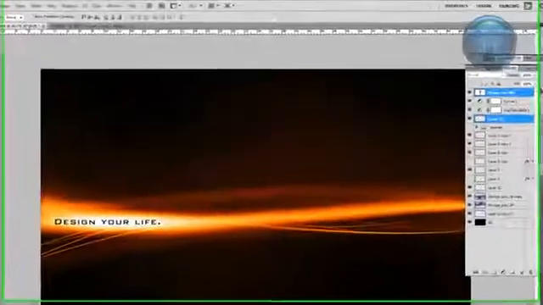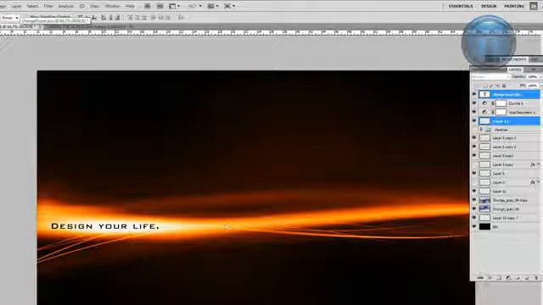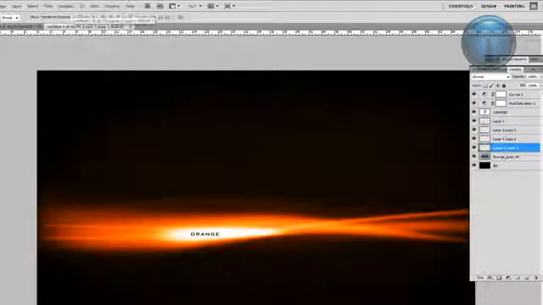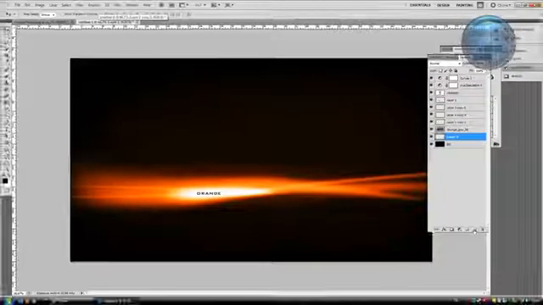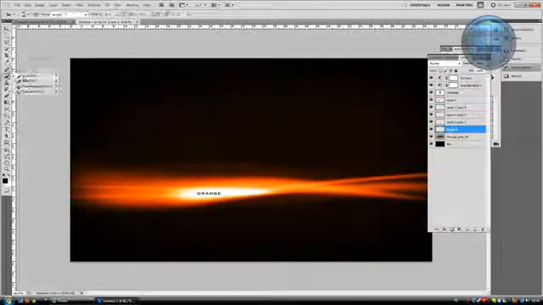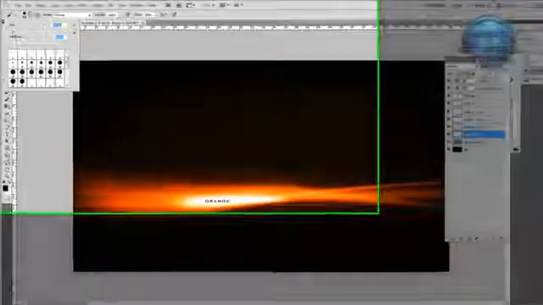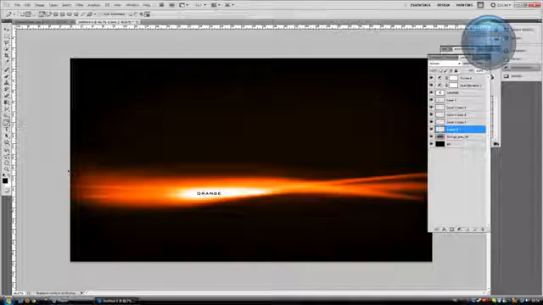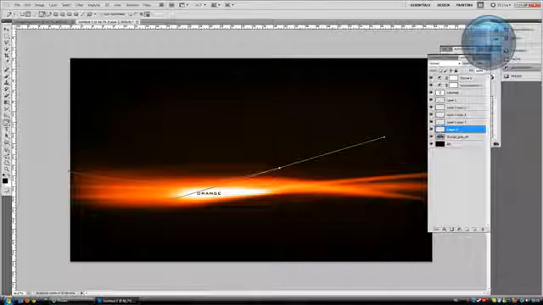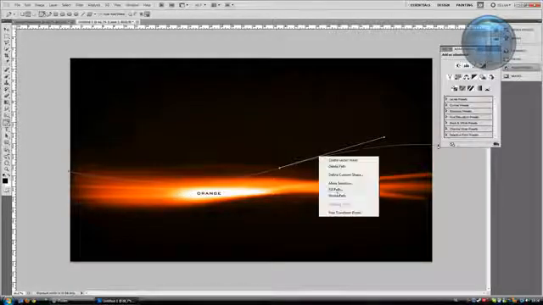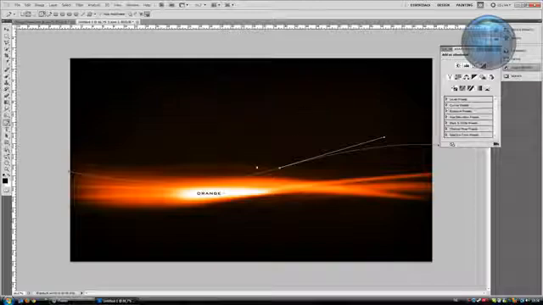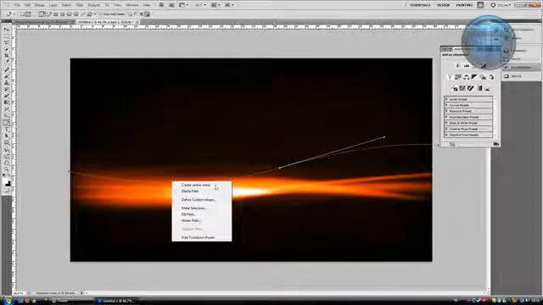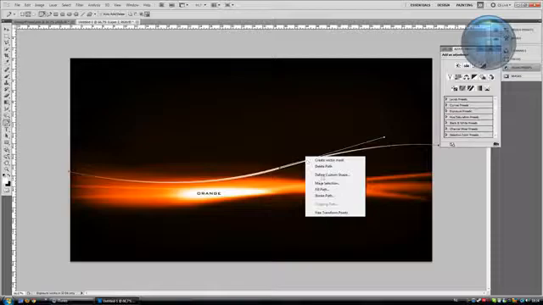What do we have next? The lines over here to create some non-feathering lines. It's the same as in the beginning, just right now we're going to use a smaller brush. So go to brush again, hardness 100, size 9. And then with the pen tool we're going to draw shapes. And then right click, stroke path, okay, use a white color, stroke path, okay, and then delete the path,